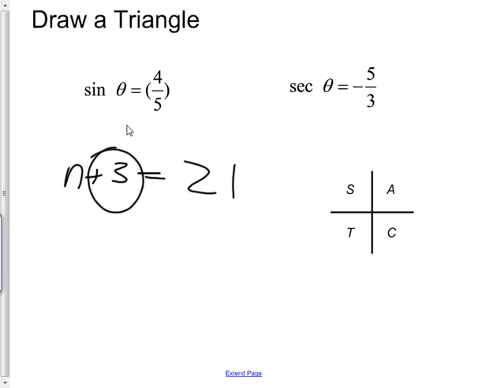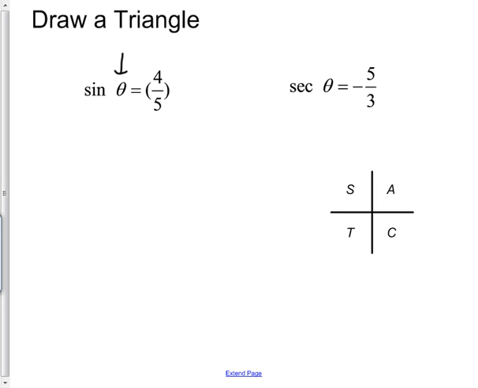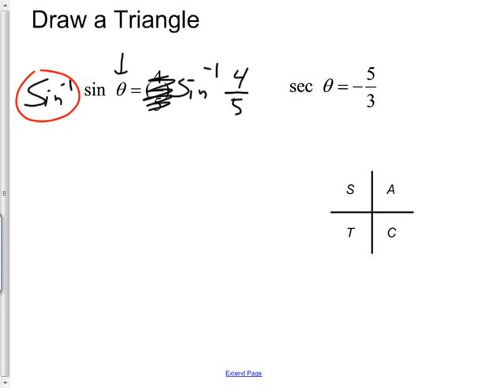So, really what we want to do is get theta alone. How do I get theta alone? I got to get rid of sine. How would I do that? Inverse sine. You get that? I'm doing inverse sine on both sides. So I'm going to move this 4/5 over here and say inverse sine of both sides. See, there's one here, there's one here. I did it to both sides. That's what you do on all the other solving equations. And so this and this will cancel, and that leaves me theta is equal to